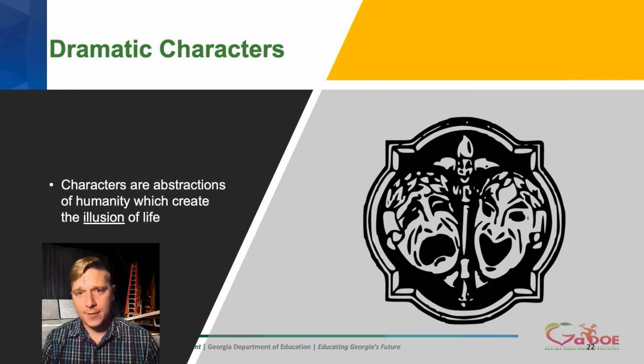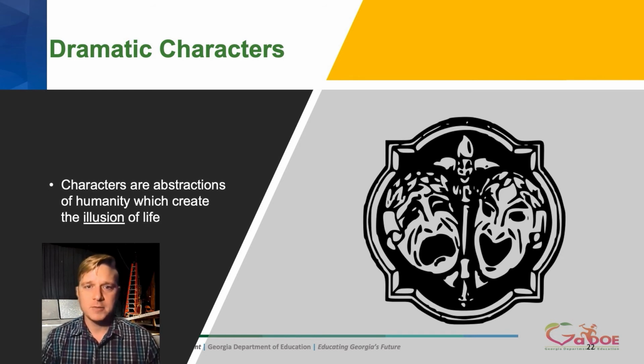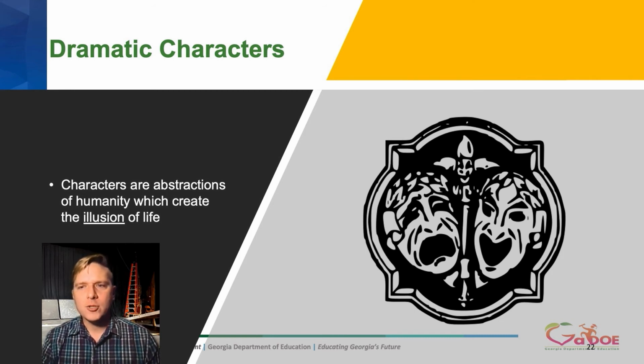Dramatic character and theatrical genres. Just as dramatic plot structure refers to a plot structure full of events or action, dramatic characters are likewise active characters that convey information to the audience. The dramatic characters are sources of information for the audience through their appearance, dialogue, monologues, or soliloquies, and action. Characters are abstractions of humanity that create the illusion of life.